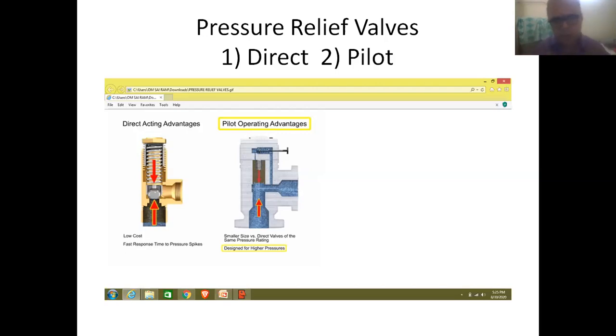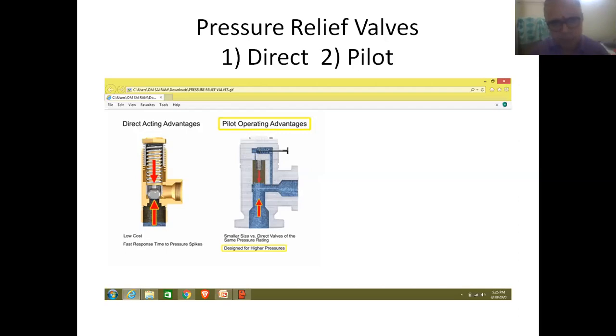So friends, there is not much difference between the first valve which we have talked about and this arrangement. In the first arrangement, the valve is arranged in horizontal position, whereas in this case, the valve is arranged in vertical position.